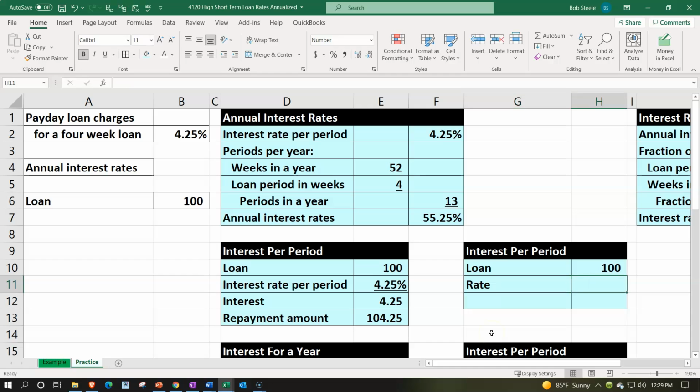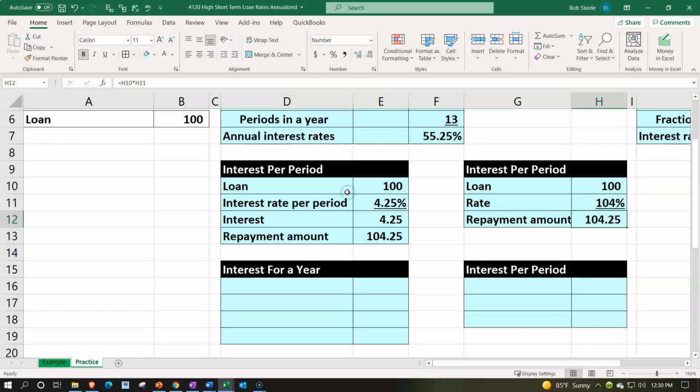The rate is going to be equal to, we're going to say this time, the 4.25 plus 1. And let's go up top, and we're going to go to the numbers, percent, and that's going to give us 104%, underline, font group, and underline, and that'll give us the repayment amount, which would equal 100 times 104. And so let's add some decimals, numbers, couple decimals. We're at the